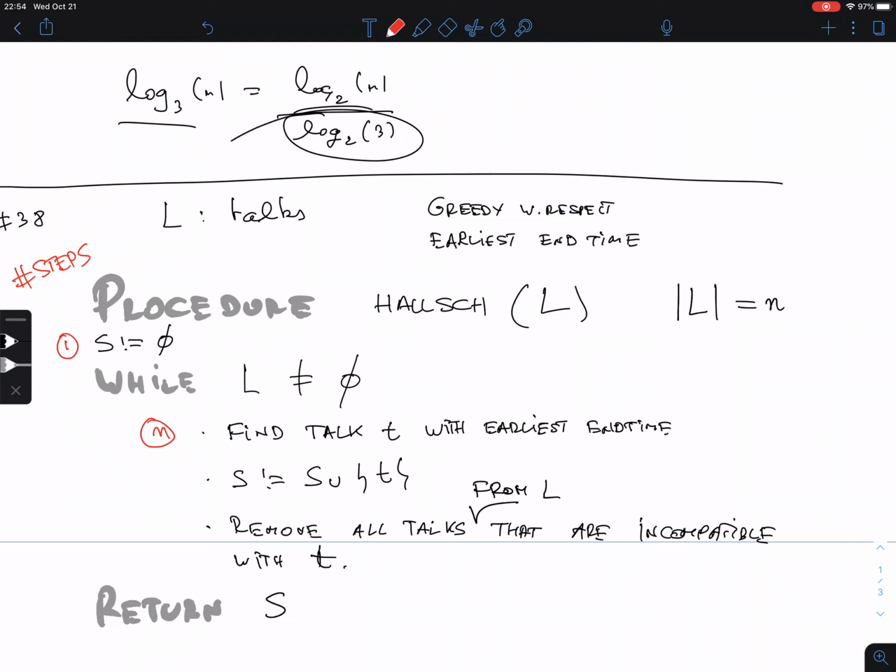Then when I have this, I add it. So that's just one step. That's just adding. And now the removing part. That is a bit tricky,